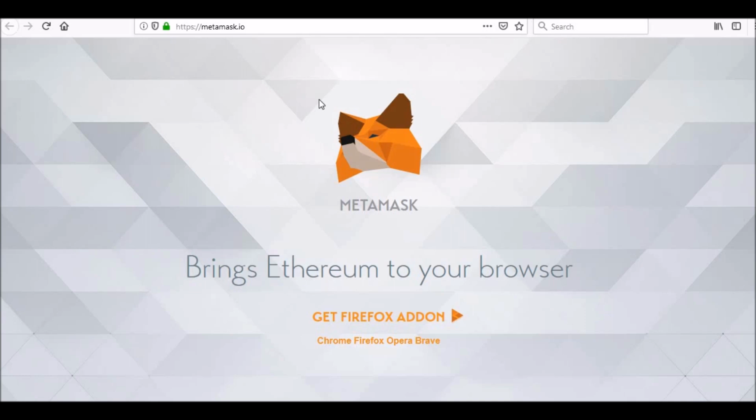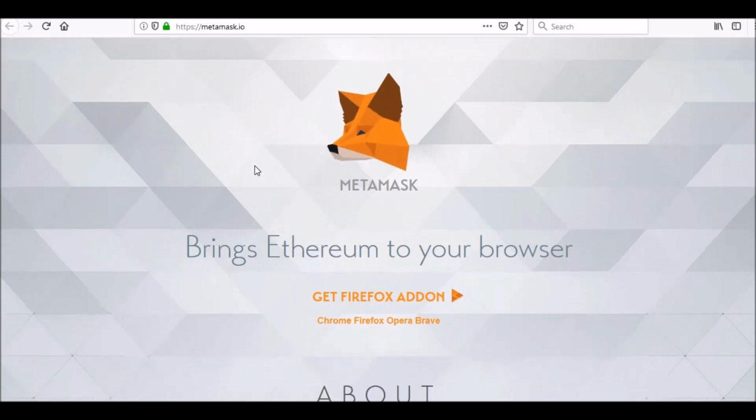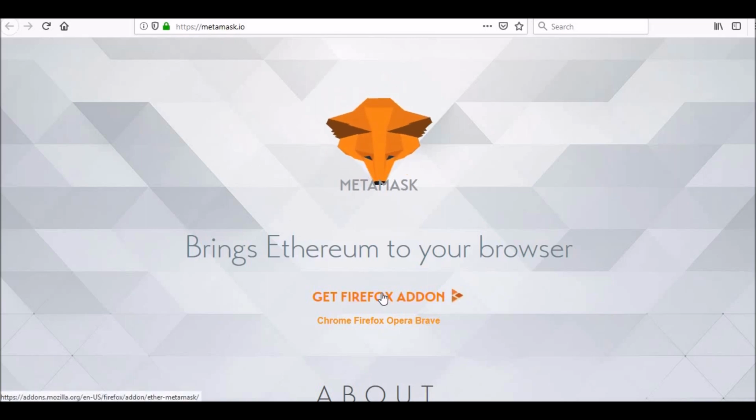MetaMask is an ERC20 compatible wallet which you can use to store your ERC20 tokens. So they offer a Firefox extension as well as a Chrome extension. As I'm using Firefox, I will go for Firefox. If you are using Chrome, then you have to go to Chrome.